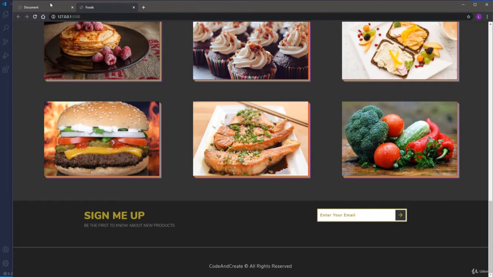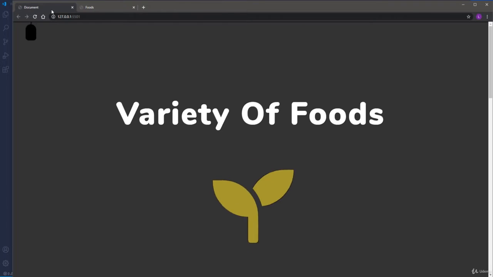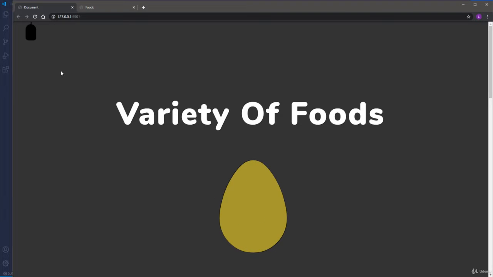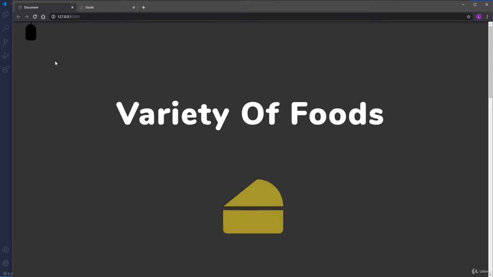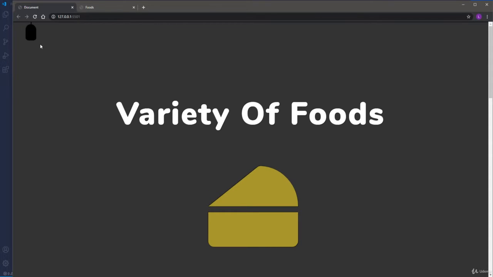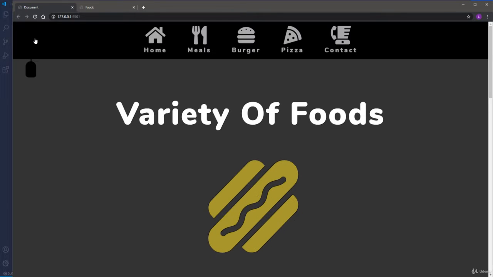The navigation is going to be a kind of interesting one. As you can see, by default it is hidden, and the menu icon is displayed at the top left corner of the page. It has a fixed position. Once I click it, then the navbar will display from the top nicely, and all the navigation items will appear